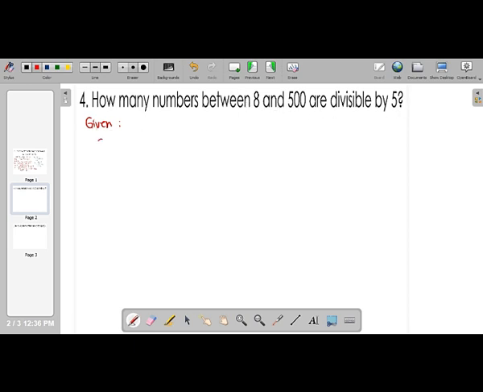It should be our a sub 1, which is 10. 10, kay si 10 siya ang pinakauna nga divisible by 5 nga tunga-tunga ni 8 ug 500, no? Okay, next, we are going to